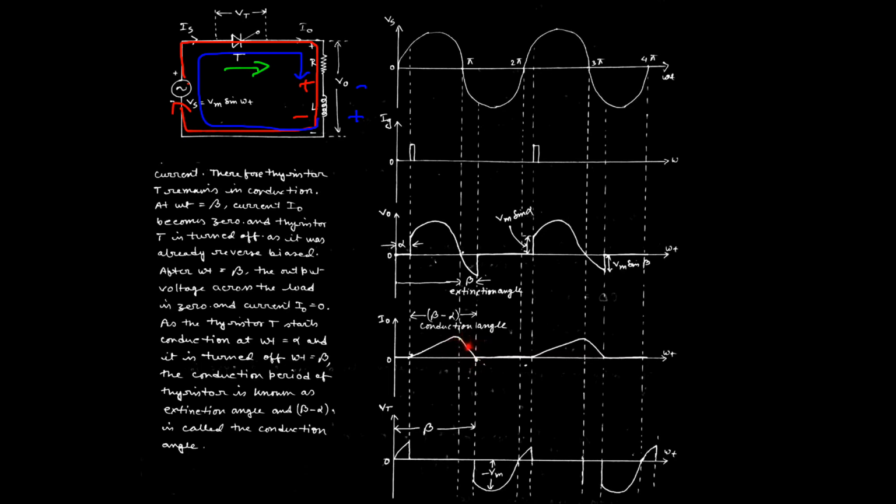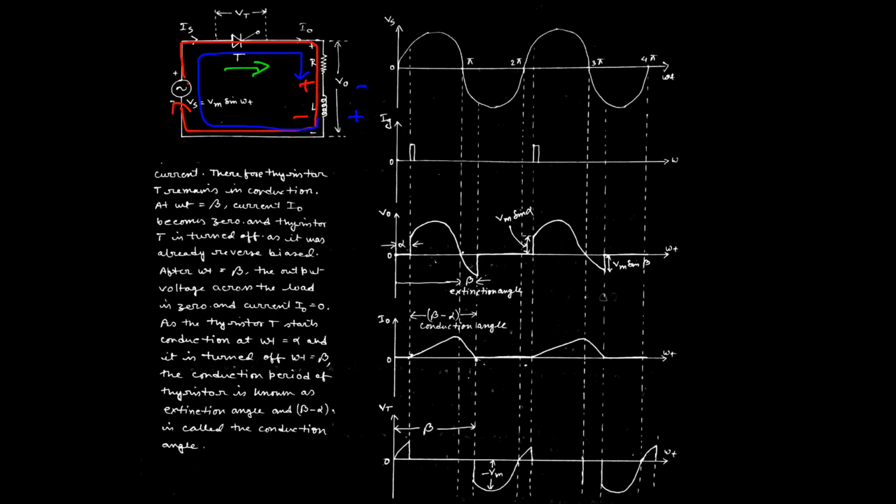That is why the inductor current gradually decreases. In the first case it gradually increases, and here it gradually decreases up to this point. So at beta the inductor has completely discharged. Then the total negative biasing voltage appears across the thyristor T. Additionally, the load current is now 0, so the thyristor will be in off state. That is why the total conduction time is defined by beta minus alpha.